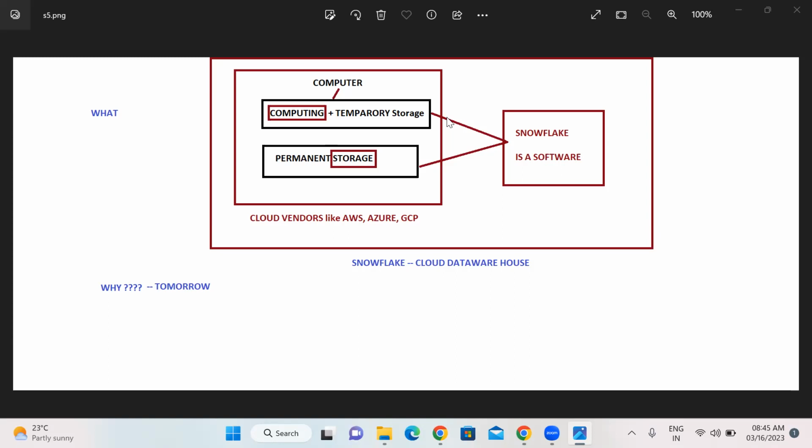But here, if I give a scenario like A equals 2, B equals 3, and A plus B equals C, how are you telling C equals 5? By searching the temporary storage, not permanent storage. You are not maintaining it permanently. Why? Because maybe tomorrow the A value and B value will be changed. But alphabets and numbers 1, 2, 3 won't change, right? So everywhere in our things, permanent storage will be there and temporary storage will be there.